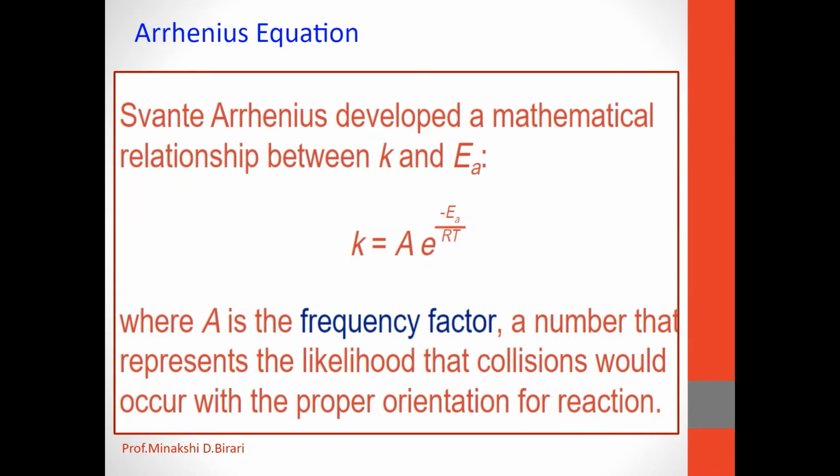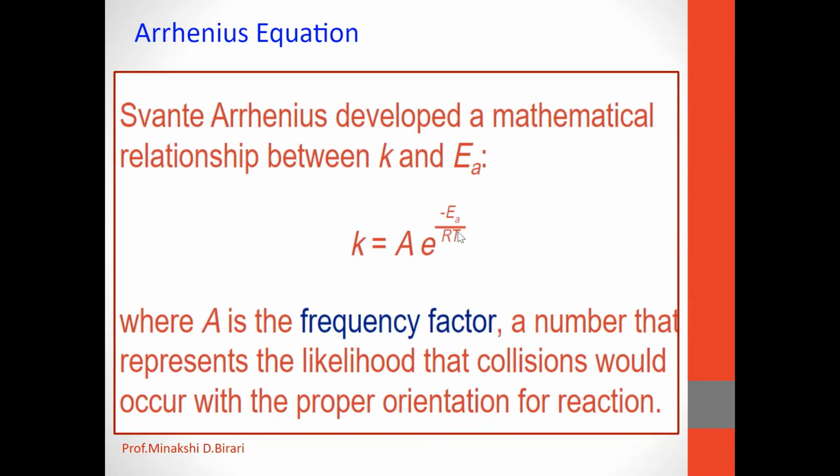So what is the Arrhenius equation? Arrhenius developed an equation which is called the Arrhenius equation. The equation gives the variation of the rate constant with temperature. It is similar to the van't Hoff isochore that gives the variation of the equilibrium constant of a reaction with temperature. So the relationship between K, that is the rate constant, and the energy of activation is given by the mathematical relationship of the Arrhenius equation,